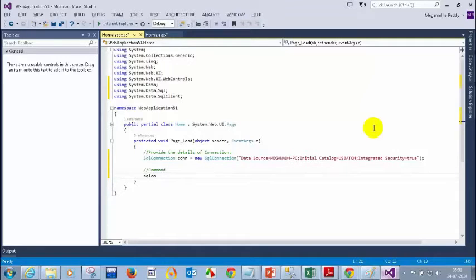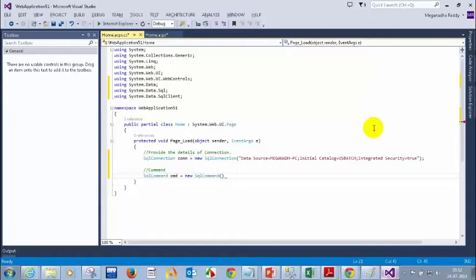So SqlCommand cmd is equal to new SqlCommand, and here if you see we have overloaded methods. We have four overloaded methods: the first one is parameterless, the second one is asking for a string command text, and the third one is asking for string command text comma SqlConnection.